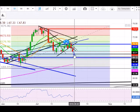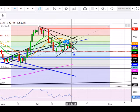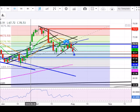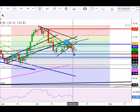little bit. So again, just to kind of point this out, and I know it's a little bit difficult to see, but the 50 period moving average that I like to rely on is basically right in this area here around 68.90. And usually what happens is, this is something that I look at. The resistance of the 50 usually brings price back down towards the 200. So again, thinking that we do end up breaking below those 67s, 66.30s, and then onwards down towards around 63.80,